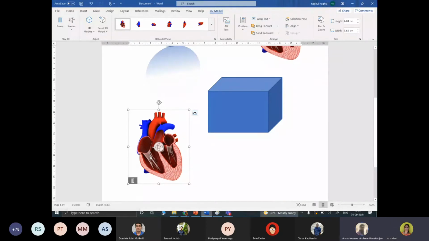Yes, the size is reduced a little bit. So this uses some kind of transformation, scaling and translations.